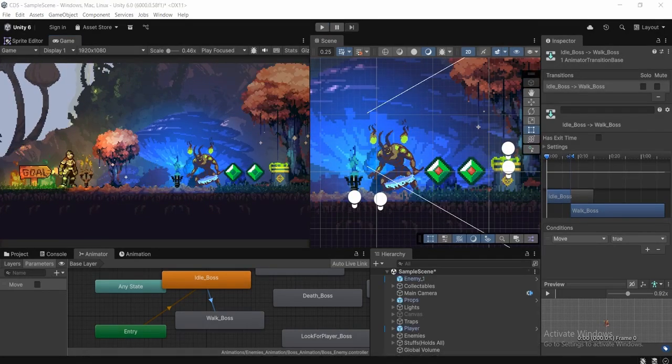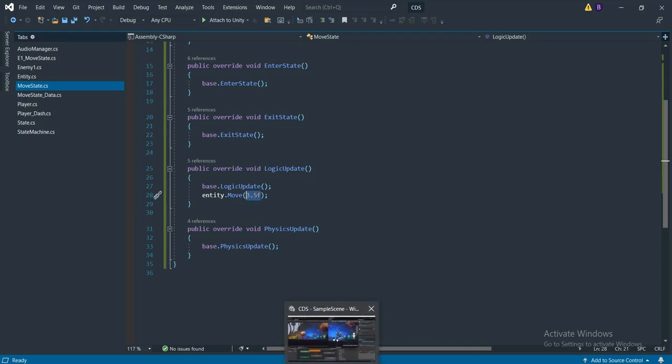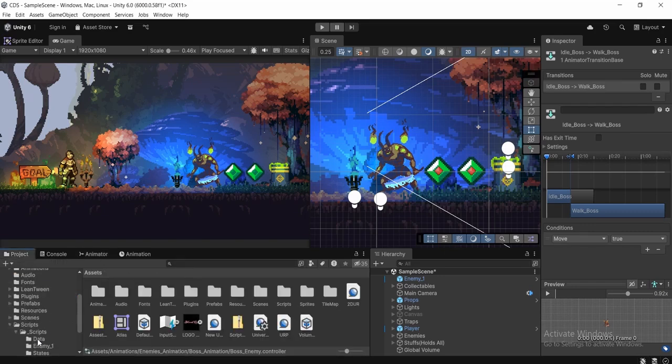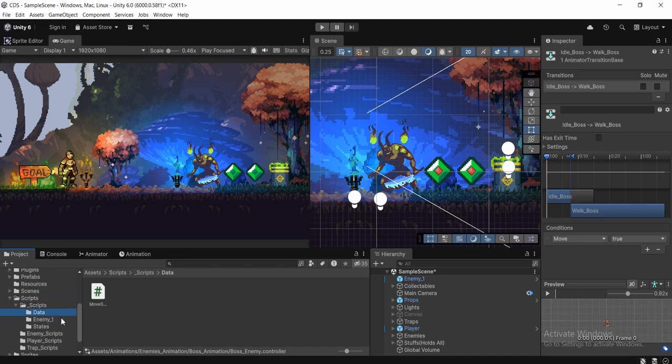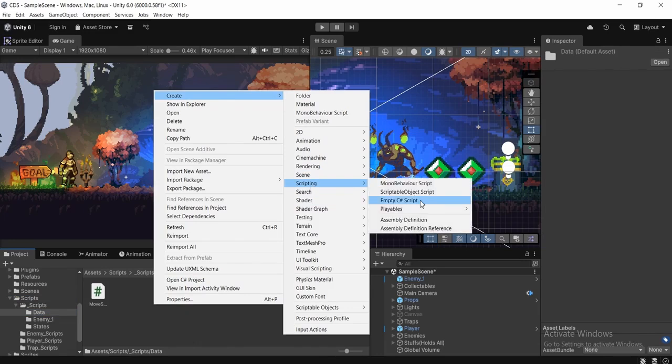If we move over to our move state class, we can see we're just moving with this amount of move speed. So instead of doing this, we're gonna create a variable for it. We're gonna create a scriptable object. You can think of a scriptable object as a data container. It's gonna contain some value, and we're gonna put it over here. To create that, first navigate to the Unity editor, then go over to your project tab, then go to assets, then a script folder, or you can just make it anywhere. I'm gonna make it in my data folder, then right click, create, then go over to scripting, and a scriptable object script,